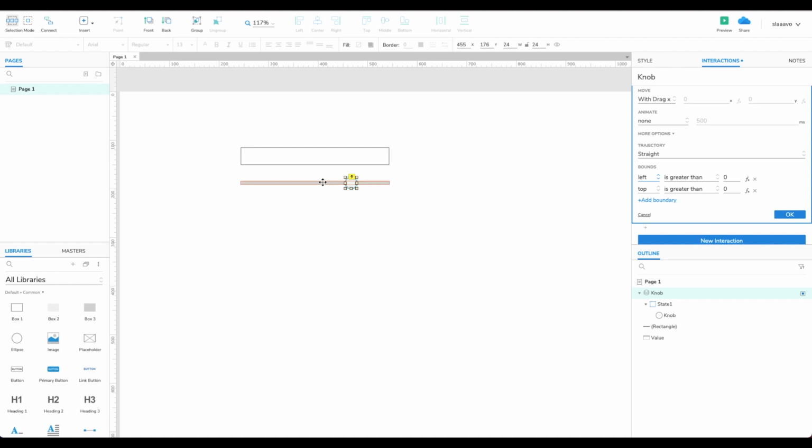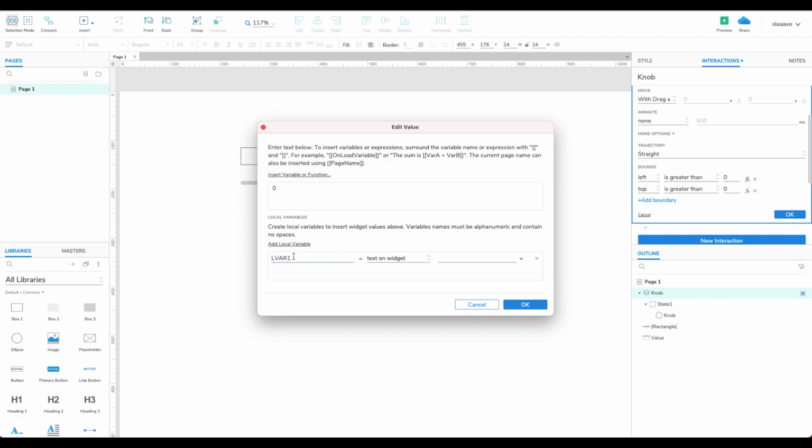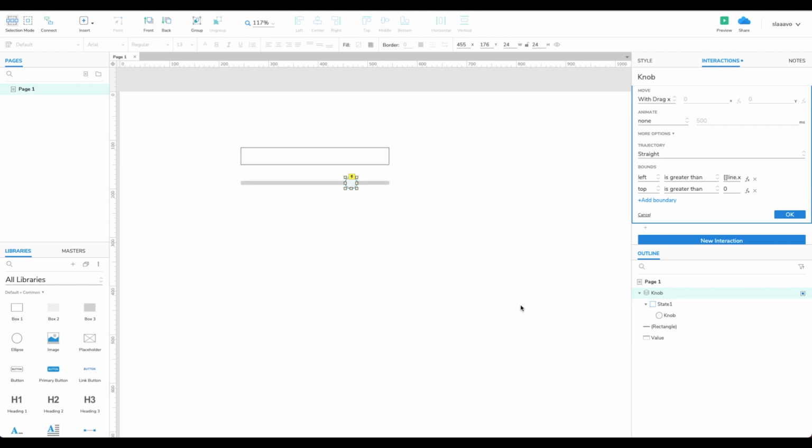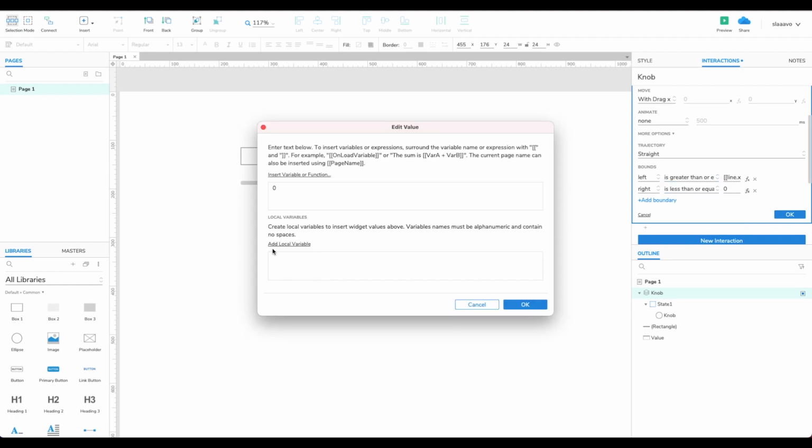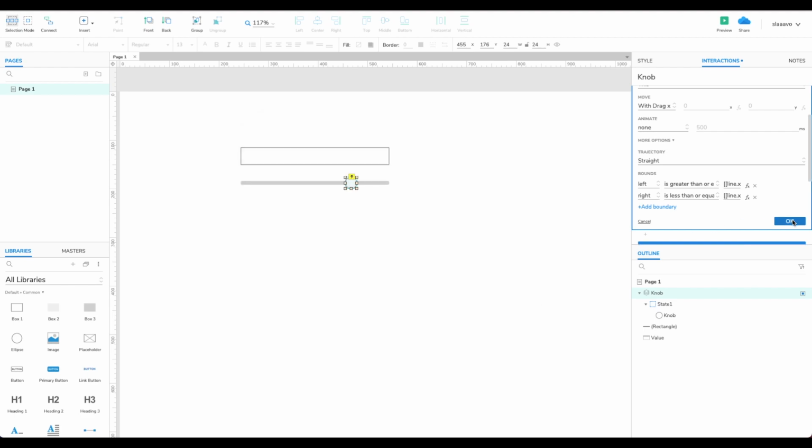So the left of this knob needs to be greater than the left of this line, so is greater than, and we go here, we call this a line, which is a widget, and this rectangle we will name it shortly, and we go line.x fine, and then we go to set its right boundary, which should be lower than, or equals with this thing, and again add the local variable widget rectangle, and that is line.x plus line.width. All right, so